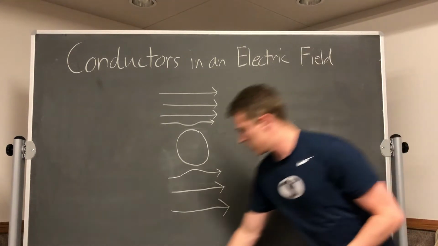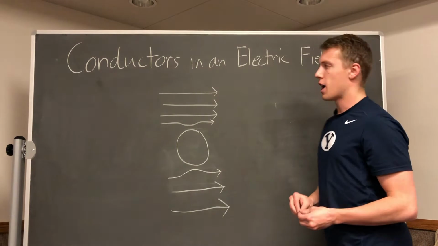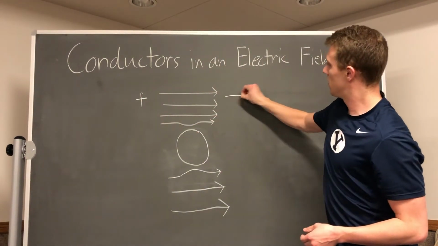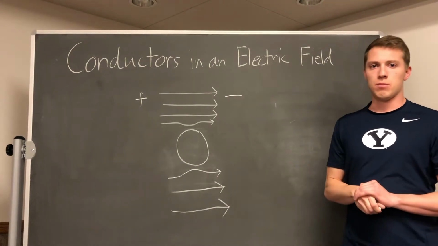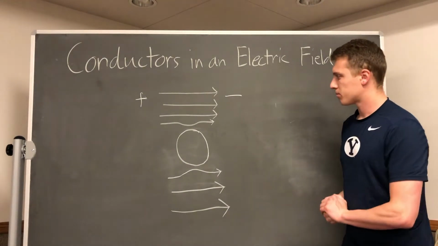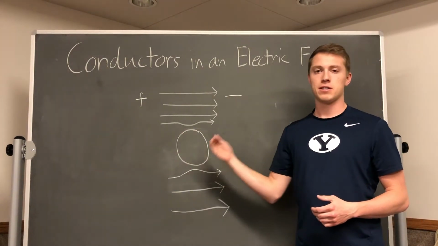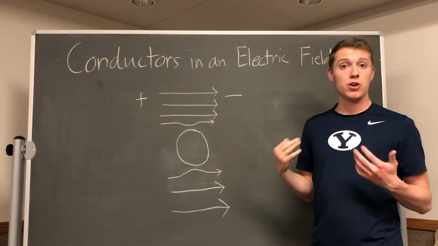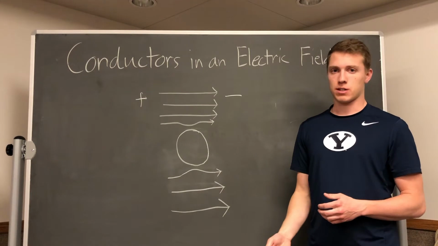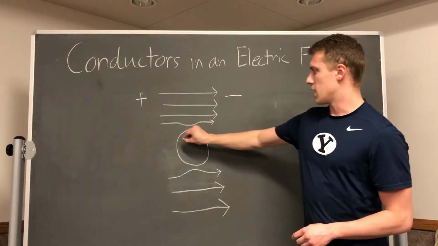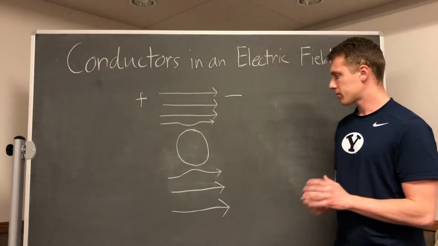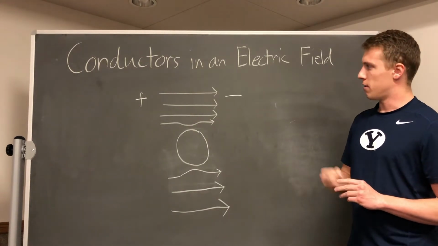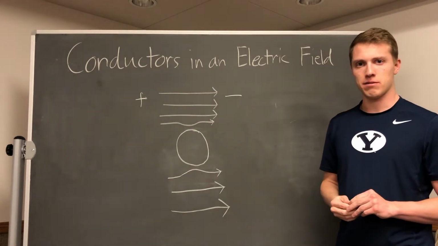So we know that electric field, or these lines, always go from positive to negative. So one really important thing to know before I draw any field lines interacting with the conductor, we need to know that there are no field lines inside of the conductor itself. So you will never see any arrows in this conductor. So if field lines always go from positive to negative,